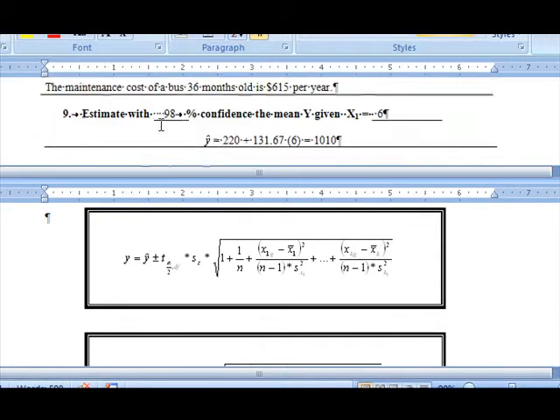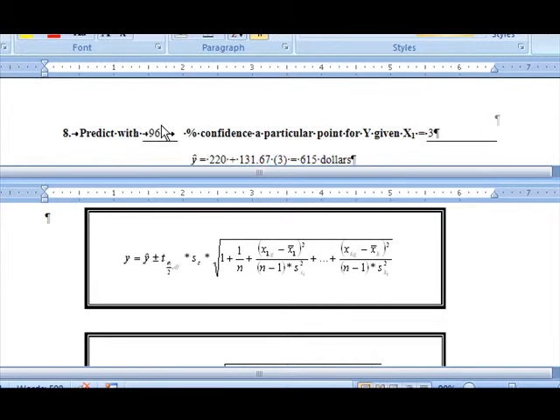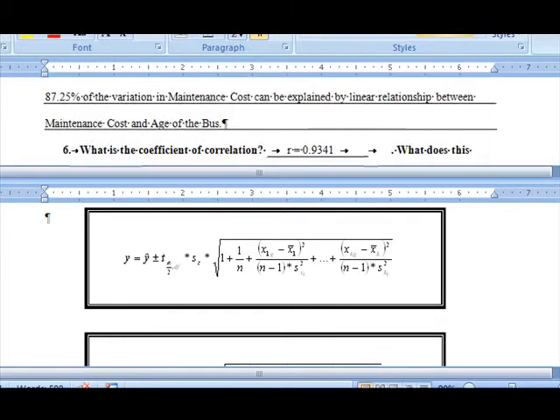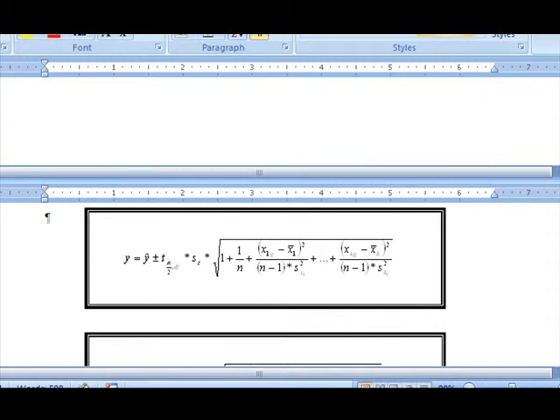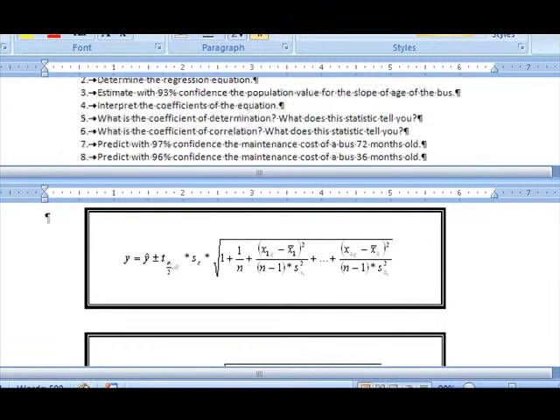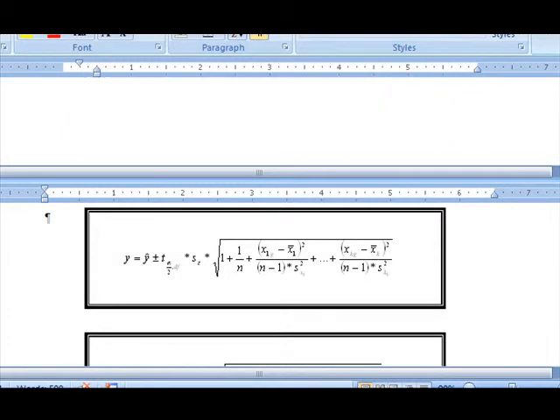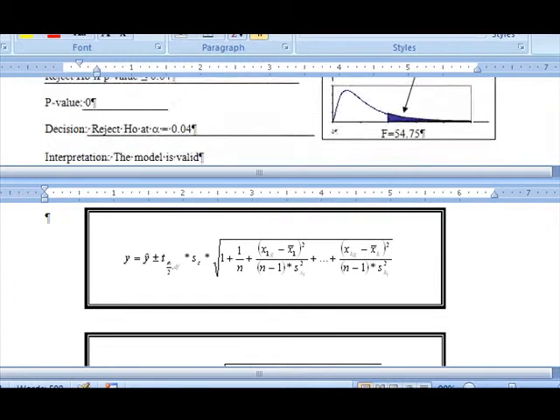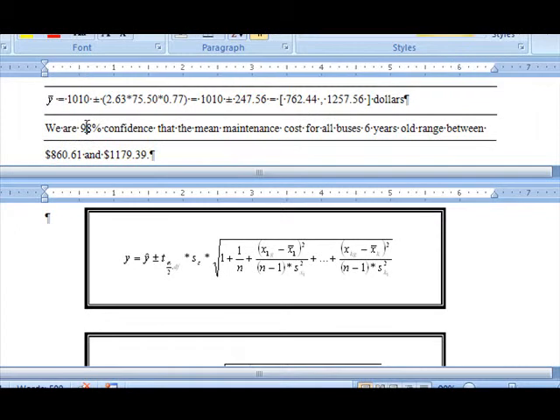Oh, here's where it is. What percentage? I used 93%. It's 97%. That's correct. So that's what the solution was wrong. It was using the wrong confidence. So 93% confidence that the mean maintenance cost of all buses